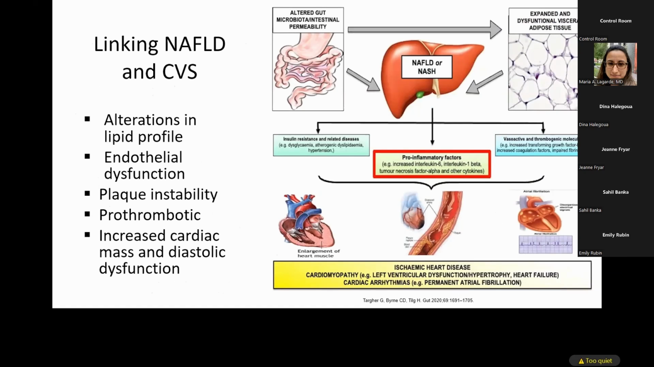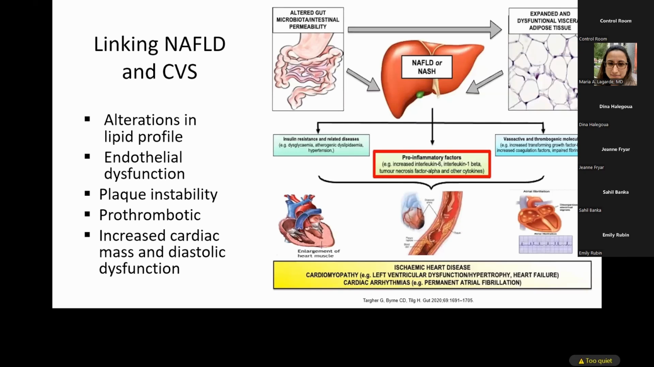This can lead to increased coronary artery disease. There's changes in the cholesterol that we have in our blood, and there may be also changes in the plaques in the arteries that make them more unstable and increase the risk of heart attacks and also the risk of blood clots. Overall, there's also a direct effect of this inflammation on the muscle of the heart itself, which can